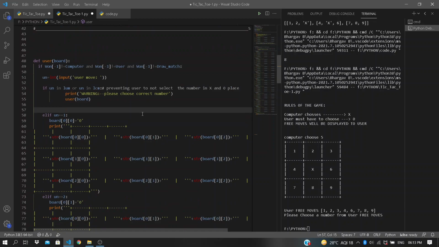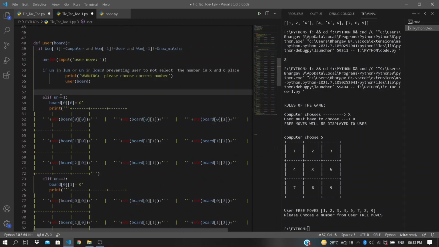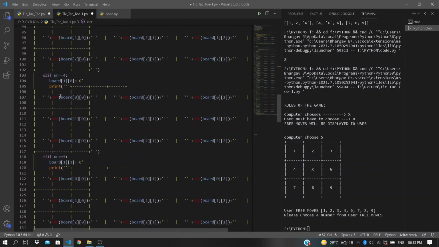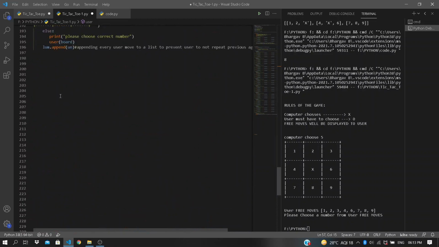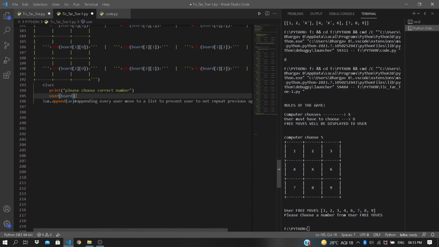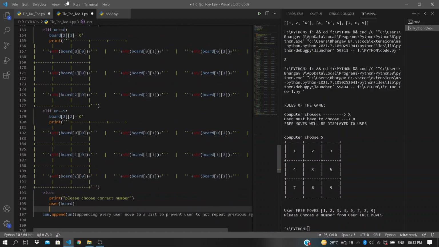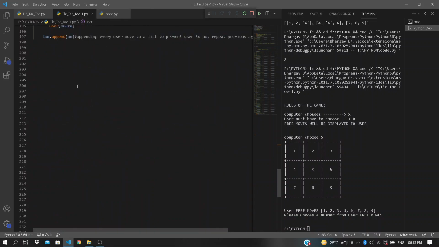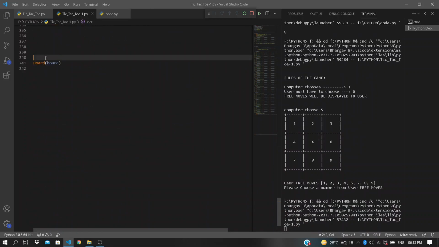If I choose a number like 100 or 99, in that condition also the user board function will be called. I will run this code and show it. Sorry, before that I have to call this function, the user function.